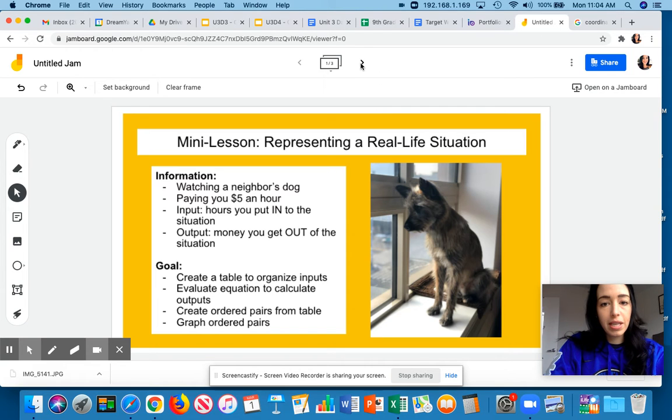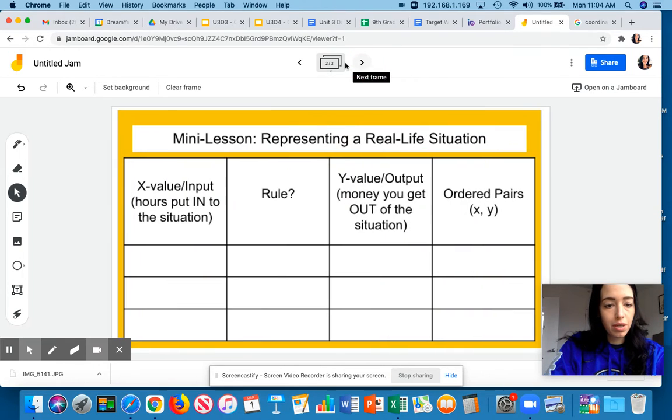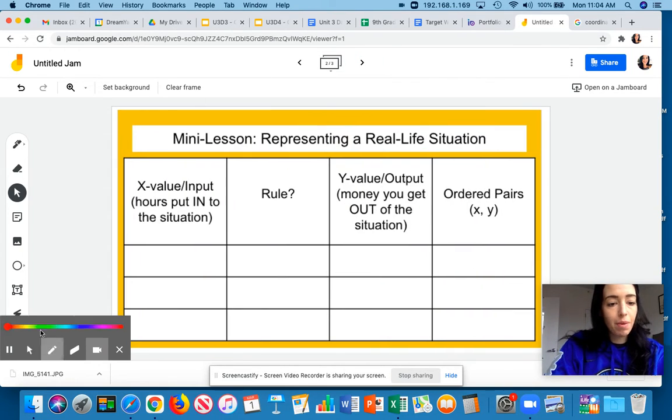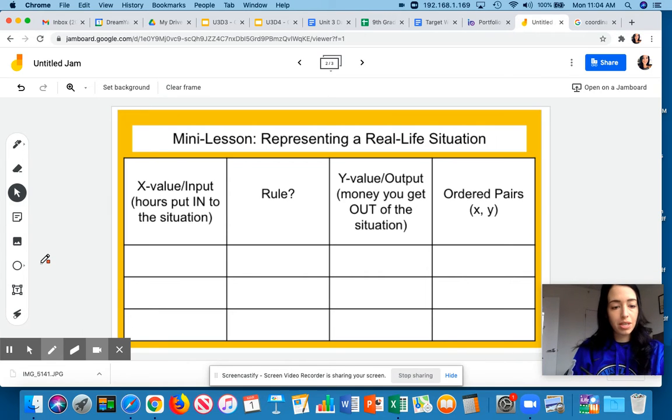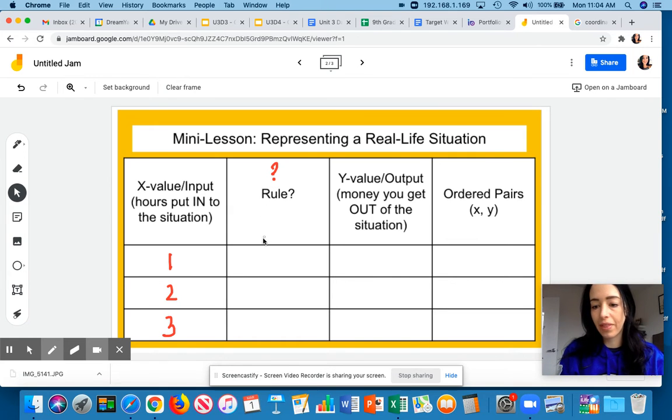So the first thing that we have to do is come up with a list of inputs. So we're just going to make it easy because this is the first time we're doing it. And we're going to have 1 hour, 2 hours, and 3 hours. I'm not really sure what the rule is yet. I'm going to think about that in a second. So if I watch the dog for 1 hour and I get paid $5 an hour, I know that I'm going to get paid